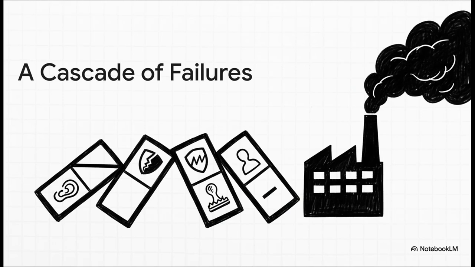So why did it happen? This was no freak accident. As the list of failures on this slide shows, it was a complete breakdown of social and corporate responsibility. Warnings were ignored, safety standards were cut, and staff was reduced to save money. This was a preventable tragedy, the result of a cascade of terrible decisions.